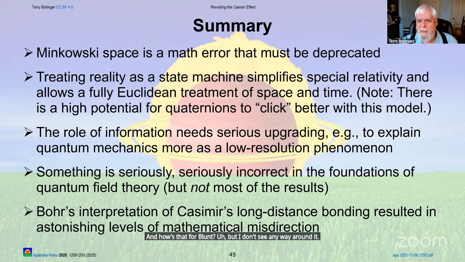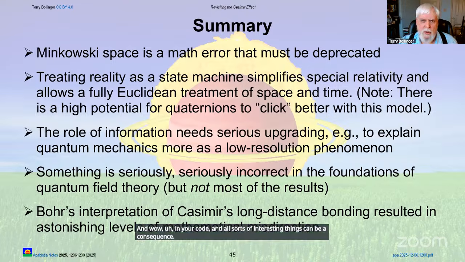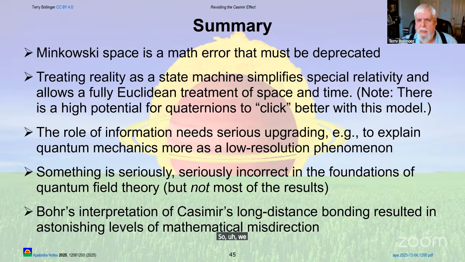And it wasn't Minkowski's fault. This was a subtle error that came to him from Einstein, who also did not notice that there was a very subtle error in a simple assumption he made in one line of one paper in 1907, but then followed up on it and kept that as essentially a bug in the math. From a computer science viewpoint, this is an interesting issue about bugs. You get one bug deep in your math, or in your code, and all sorts of interesting things can be a consequence. So we need to go to something much more like the tilted block model,